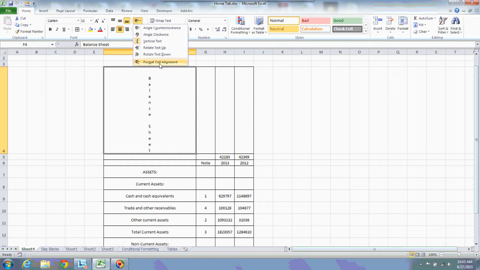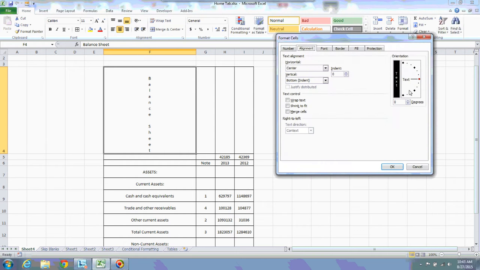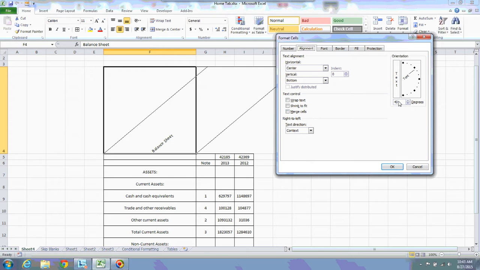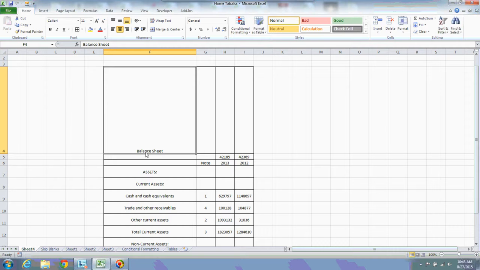Now I am using dialog launcher. Now you can also use this dialog launcher based on your requirement like this. You can also change the degree of the text which you want to show. If you want to show your text at 40 degrees, then you can select like this. See, like this you can also change the text orientation based on the requirement. If you type it as a 0, then it will not do anything. It just changes to the original text position.